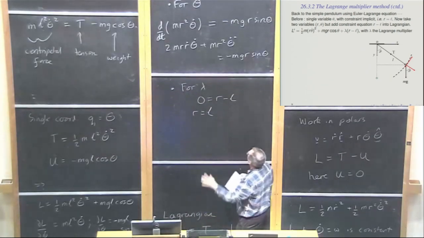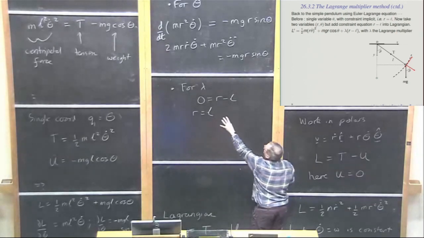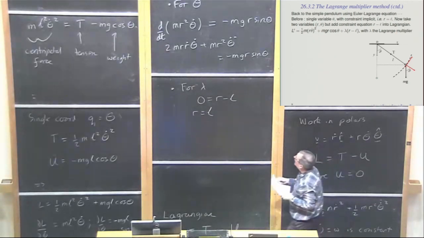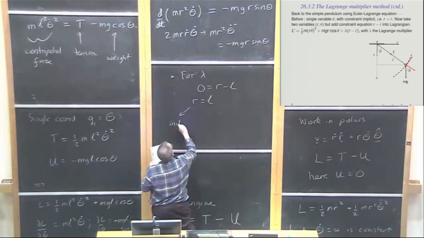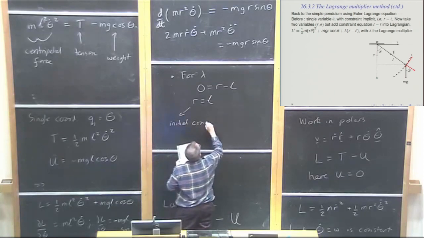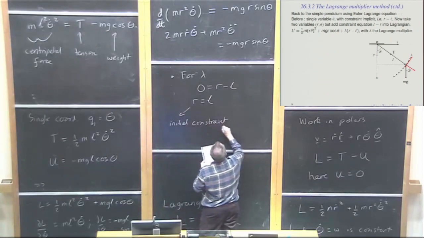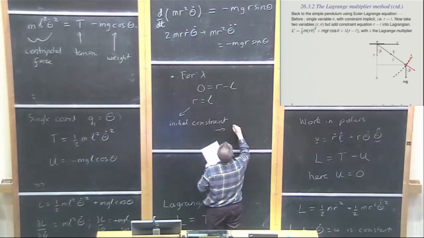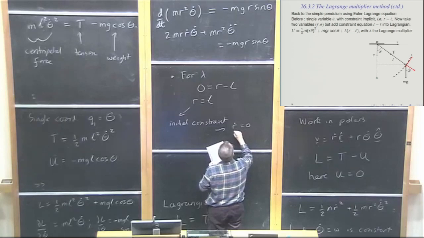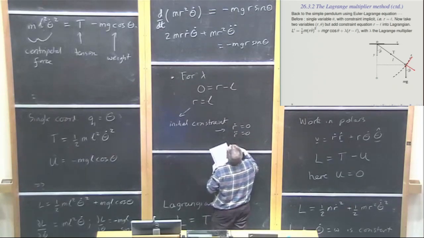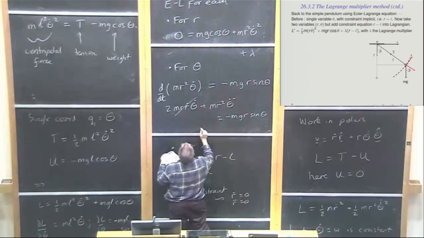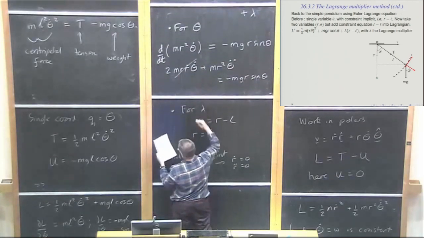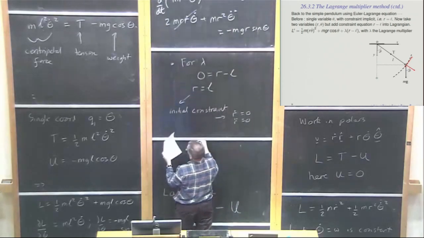So now, coming out of this equation, I get the constraint that I first put in. So this is the initial constraint, and it implies also that r dot is equal to 0 and r double dot is equal to 0. Okay, so that actually means that this term will go there. So now